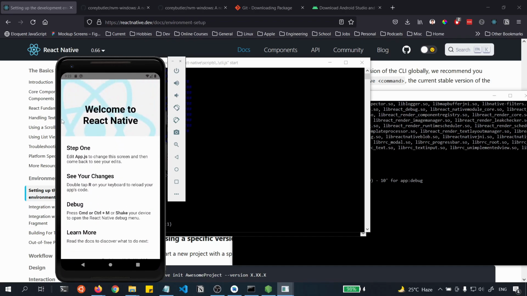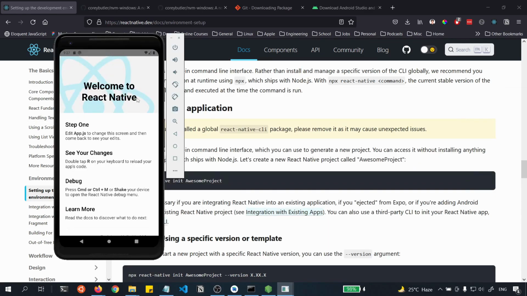So if you see this, it means your setup was successful. So now that we have successfully run our new project using React Native CLI,